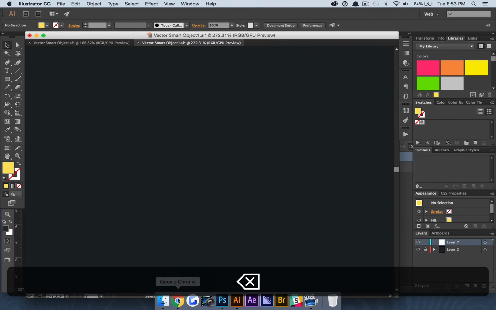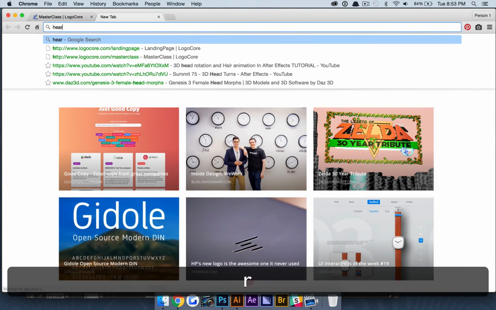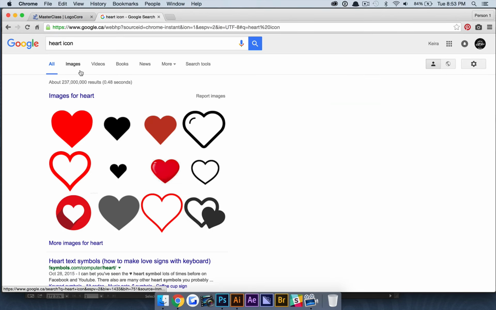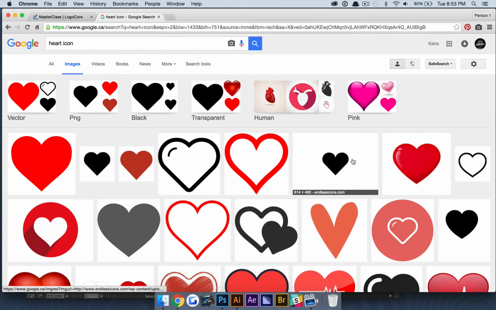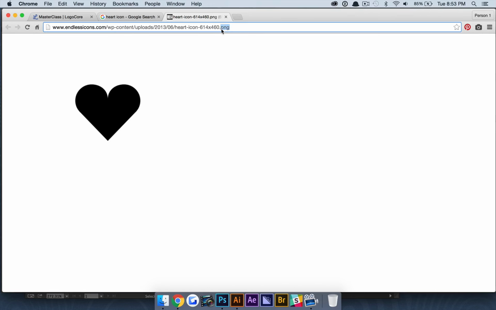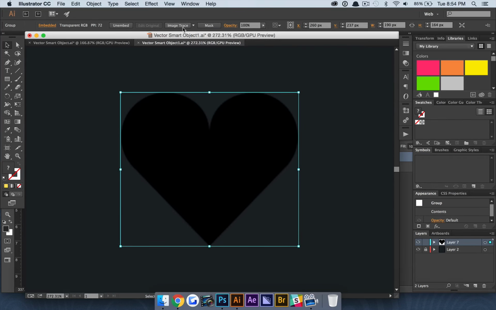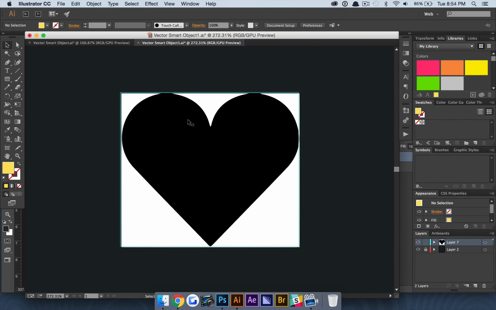But let's say we can actually grab a quick heart icon. So let's just grab a heart icon. And this would be a PNG image, because this isn't from Illustrator, this is just from Photoshop, and we see that because it ends with PNG. We can go into Illustrator, copy this image, and now if we image trace, you'll see that Illustrator actually guesses what this vector should be. So it almost converts the file for us. And then we can go back in, we can expand it,